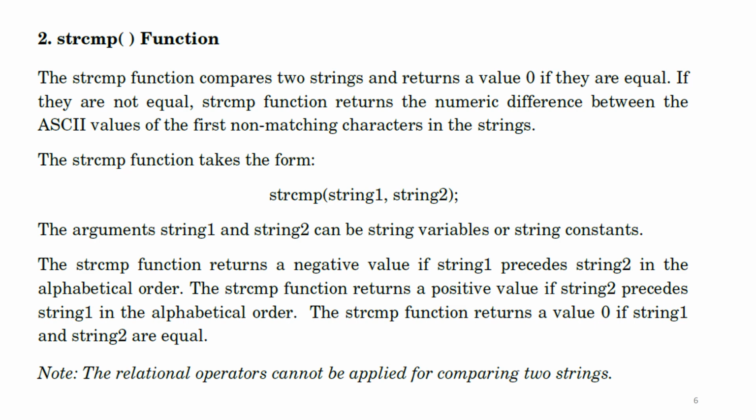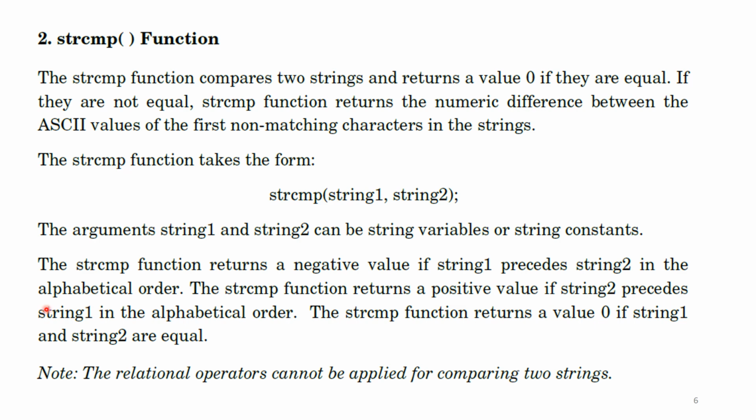STRCMP is called the string comparison function in C. The STRCMP function compares two strings and returns a value 0 if they are equal. If they are not equal, STRCMP returns the numeric difference between the ASCII values of the first non-matching characters in the strings. The syntax of the function is